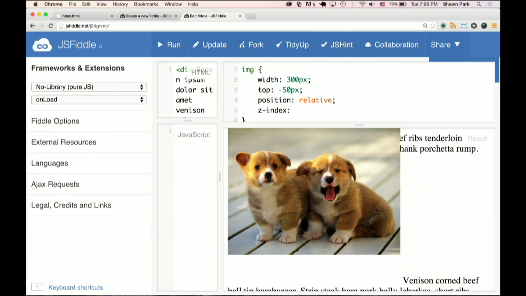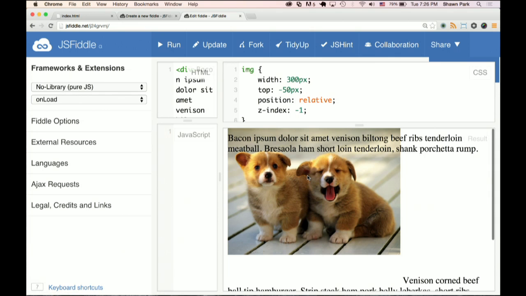Since all z-indexes are 0 by default, and I want to move it behind, I would set it to some negative value. It could be basically any negative value, but just to not be overkill and to make it clear, -1 will do. And so now the text is above, and you can see the puppy image behind.